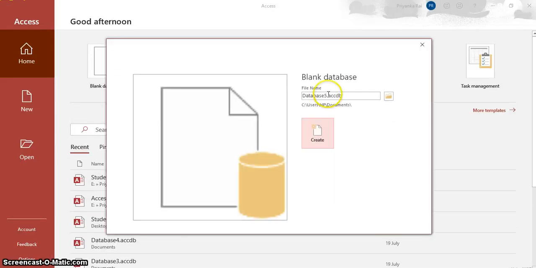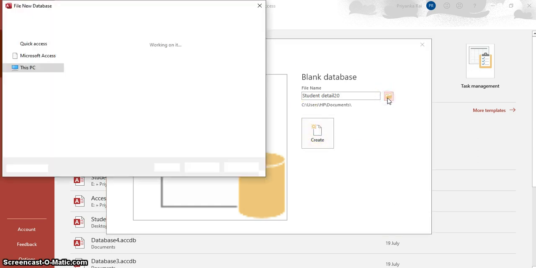Now let us create a database in design view. Blank database, then name it, then you can change the location also.